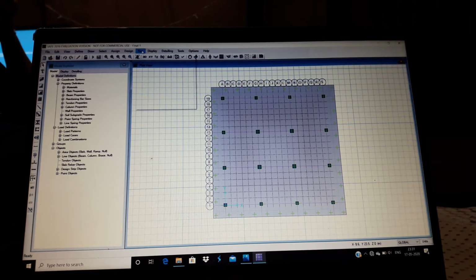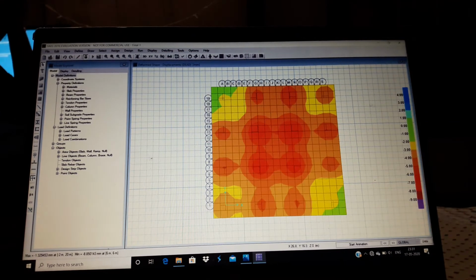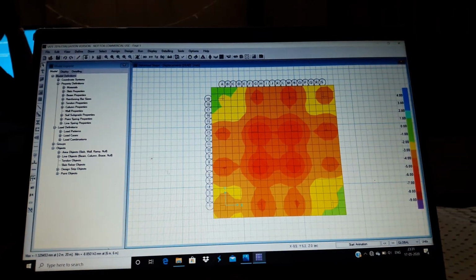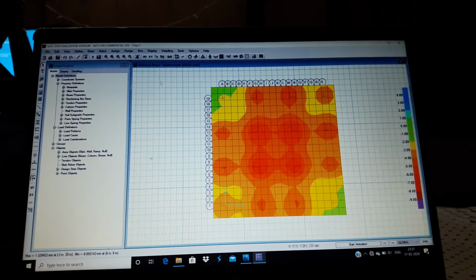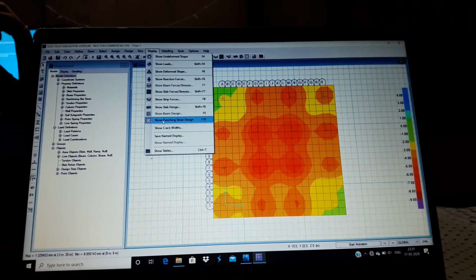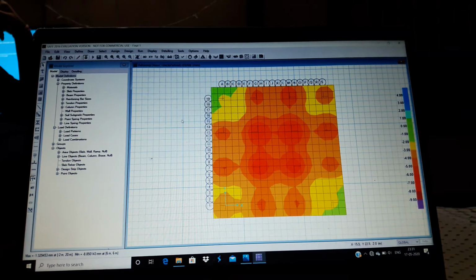Now click on run analysis. As you can see, this type of shape will appear. Then click on run analysis and design, and then display show punching shear design.